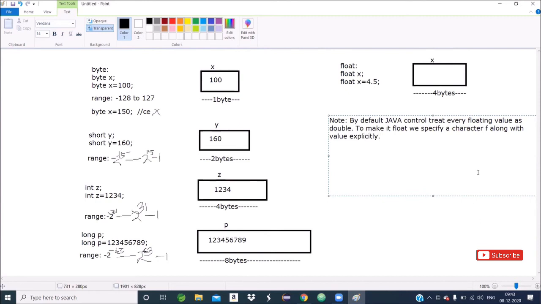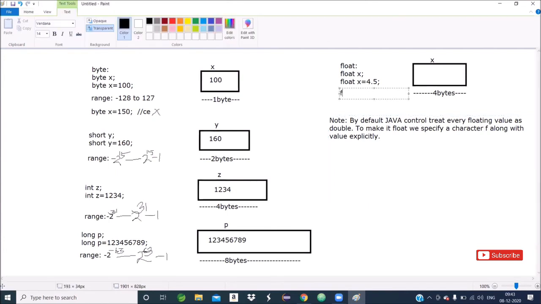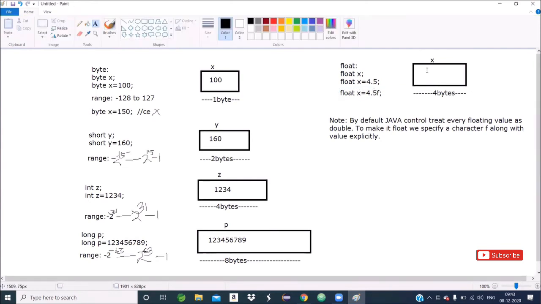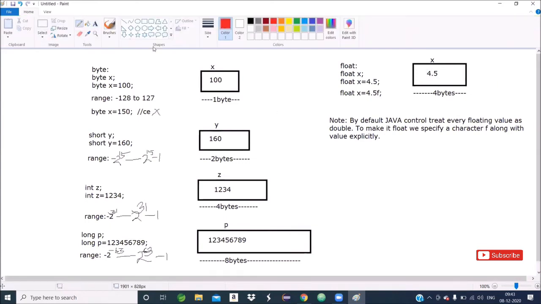That means I will write float x equals 4.5f semicolon. So now this is a float 4.5. I hope you got the clarity. So this declaration is this, but for the one without f, it is 8 bytes of memory.